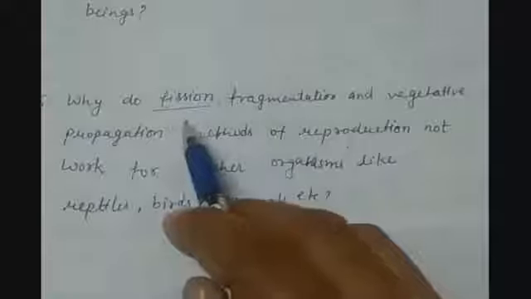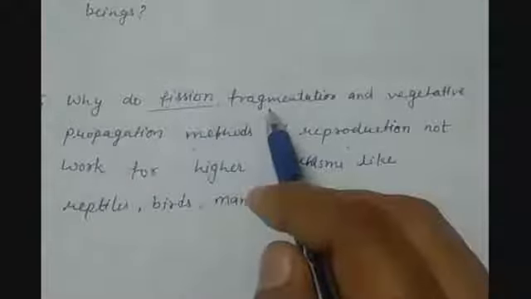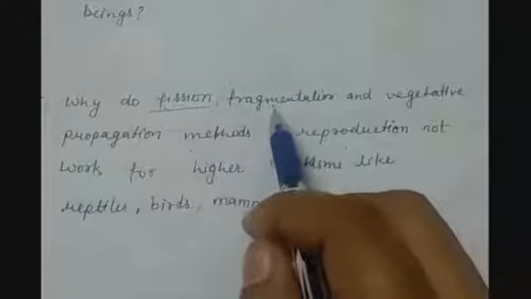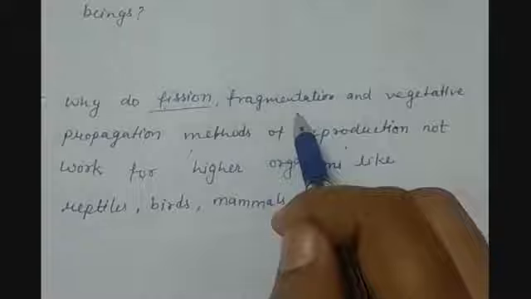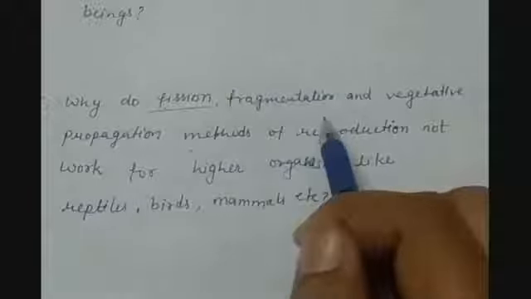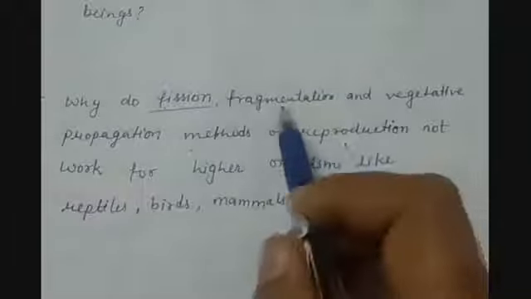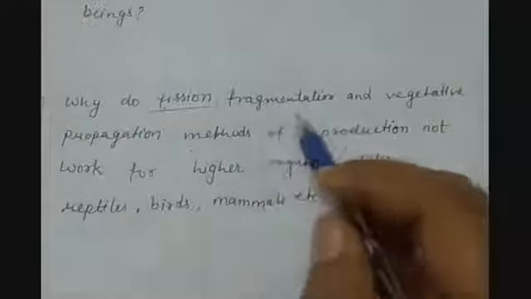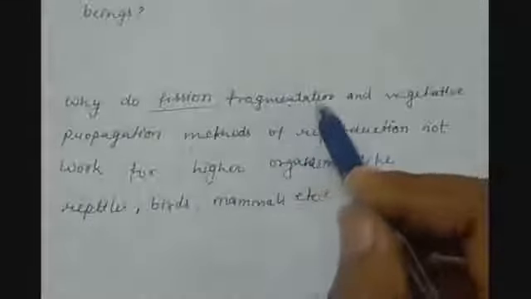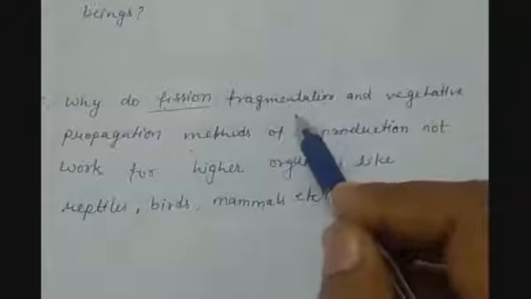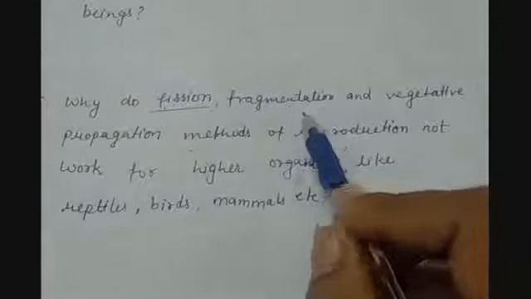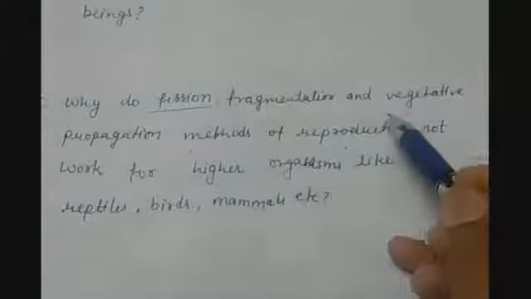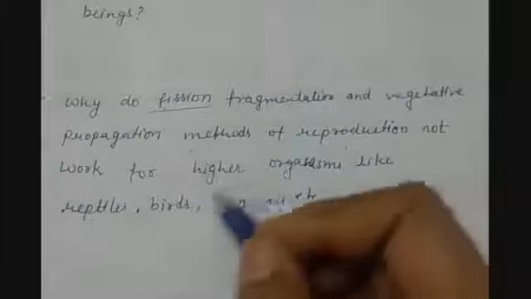So in fragmentation, a complete organism divides into several fragments and then each fragment regenerates the complete organism. So here the formation of a new individual is taking place by regrowing, or the organism keeps on multiplying these cells and hence the organism becomes bigger in size. Then vegetative propagation. In this method, we are using the vegetative parts of the plant for reproduction purposes.